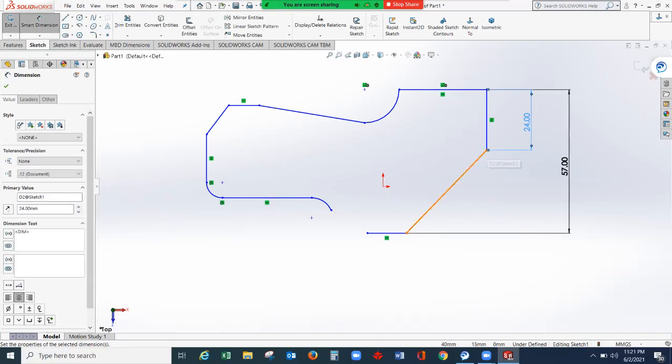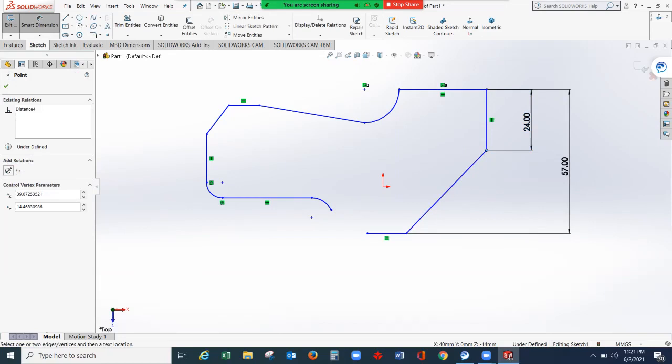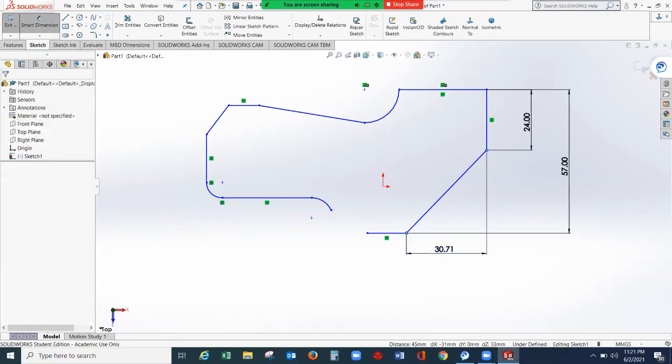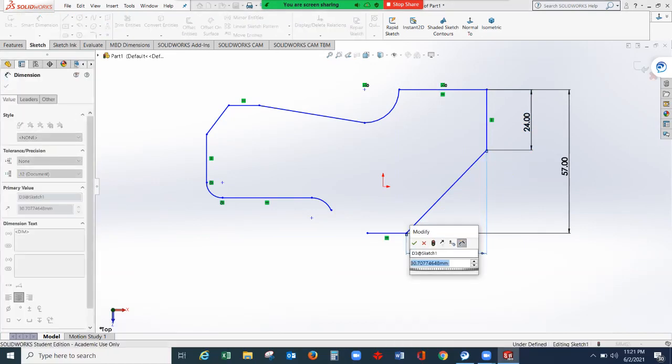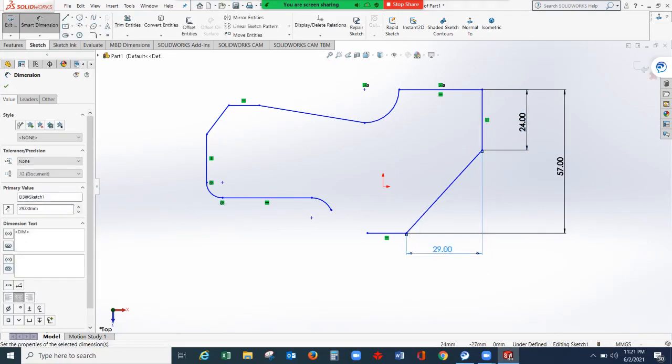For this distance, be sure that you are selecting a point, not a line. The end point of this, select this point and this point. Drag your mouse downwards and then click on the screen. Then make it 29 millimeters.